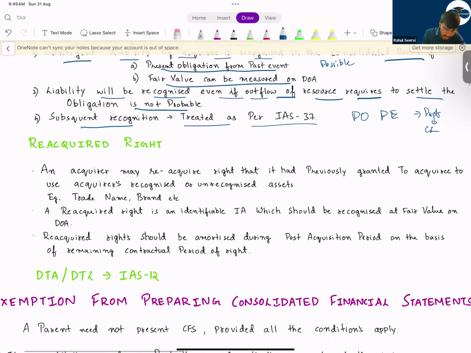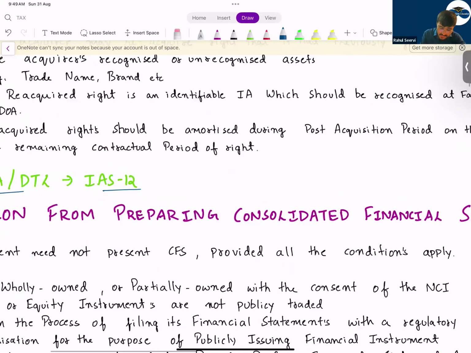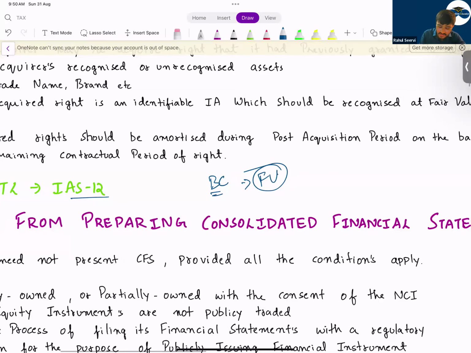This one, IAS 12, deferred tax. Yesterday we have done in detail. I mentioned it is very important for your adjustment in SBR because this is the new part which you learn in SBR. So what is this now? When we do consolidation, when we do business acquisition, can I say we acquire at fair value? But will tax authorities believe in the concept of consolidation and fair value? They never believe in that.